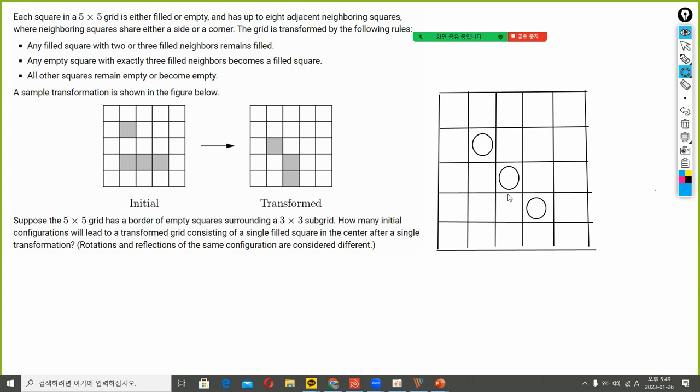So this kind of diagonal pattern is only possible when the center is filled before transformation. So we can think of this rotation. So these two are the separate cases. So there are two cases possible when the center is filled before transformation. So we count two,